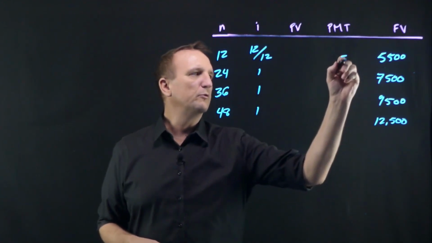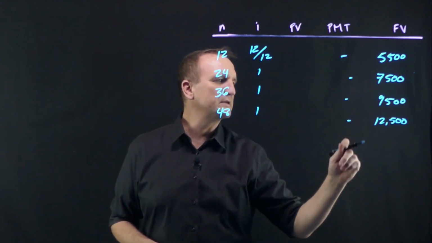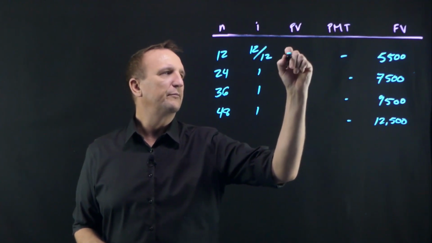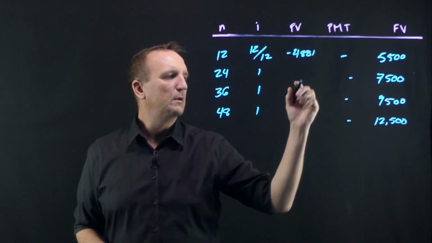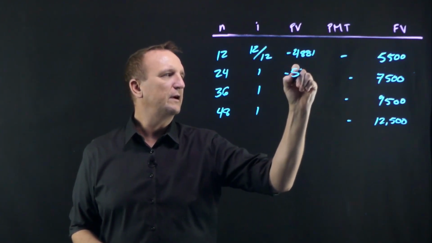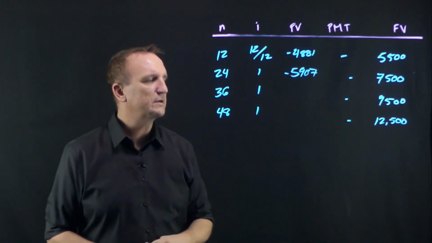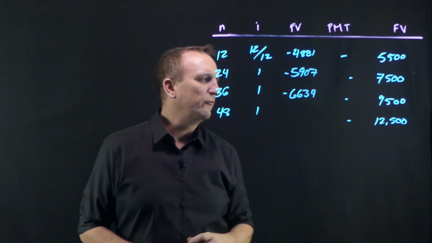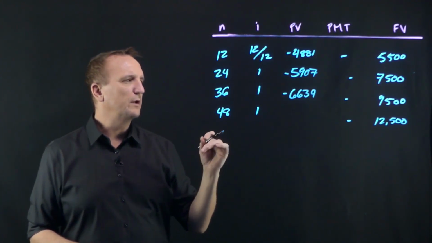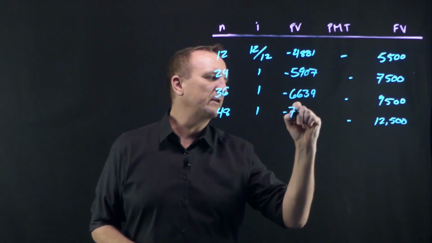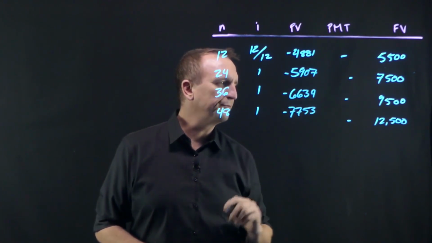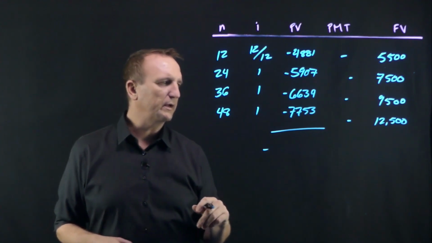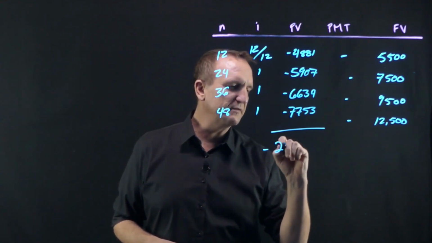Again, no entering cash flows, so our payments are going to be zero. And solving for present value, we would get $48.81, and we would get $59.07 on the second one, $66.39 for the third one, and then $77.53. Adding all of those up, if we required monthly compounding instead of annual compounding, this investment would be worth